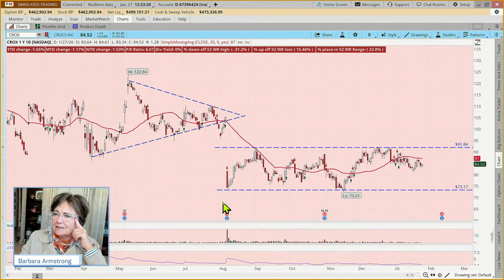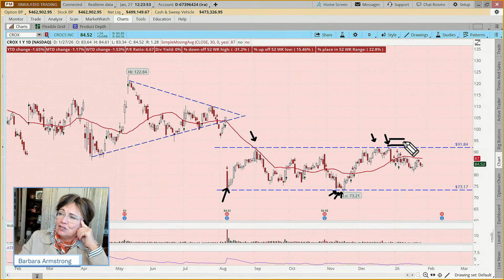Just see what I've got here. Yeah, support around 73. Spent a whole week here, and a ceiling around this, kind of 91.80 or $92 mark. And so someone said, well, how could we trade this? Well, some people might say, when it comes and bonks its head up at the top, I'm going to sell a short call vertical, which means that I benefit as long as it stays below this. If I sell, say, the 92, as long as it stays below 92, we're good to go.